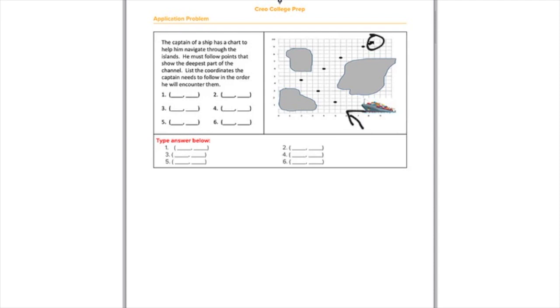So that means I'm probably going to start here and move through. Okay, so now that I know that direction, that means I'm going to start with this first point. So when I look at that, remember, I think x-axis first. You go x over, then you go up y. If you have trouble remembering that order, the way that I think about it, if I forget, is you crawl before you walk. When you're a baby, first you learn to crawl, you go across, then you learn to walk and you stand up. Okay, so we have x first, so we go across, and we see that that's 5,